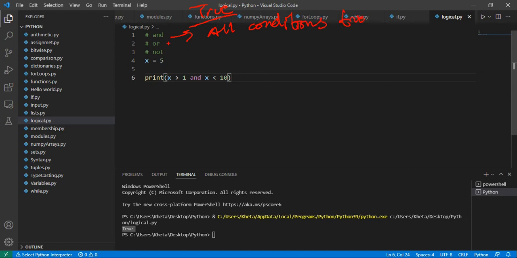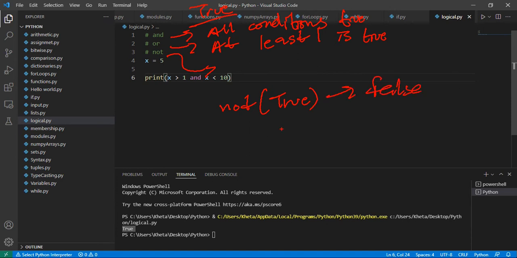Right? And or will put out a true value if at least one is true. At least one is true. And this one, the not, basically reverses whatever you have. So if you say not true, this will produce false. So if you say not,